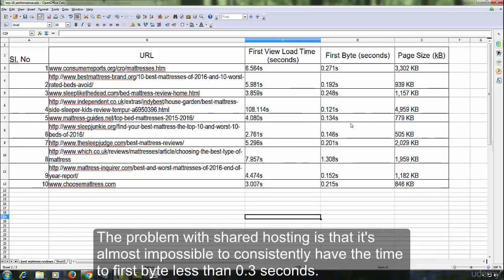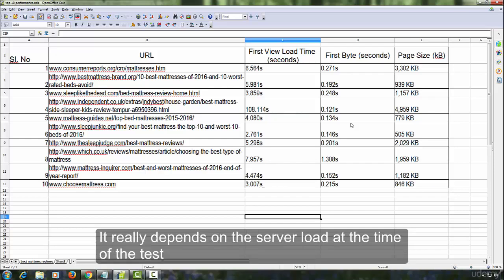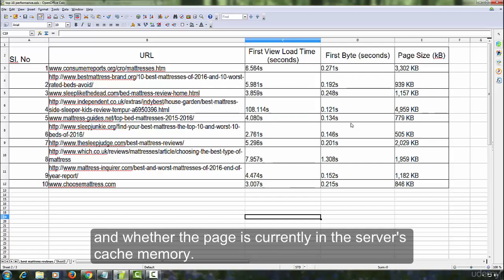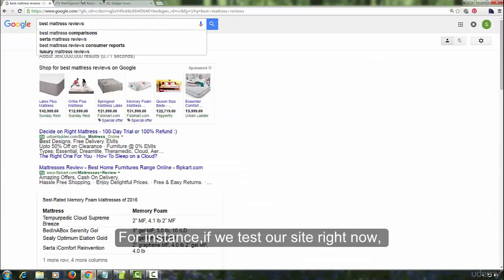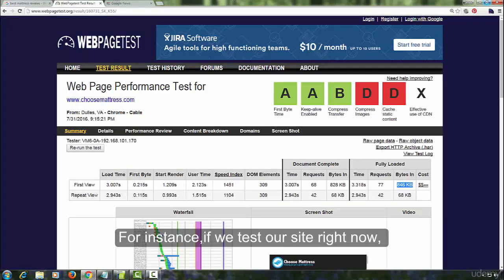The problem with shared hosting is that it's almost impossible to consistently have the time to first byte less than 0.3 seconds. It really depends on the server load at the time of the test and whether the page is currently in the server's cache memory. For instance, if we test our site right now,